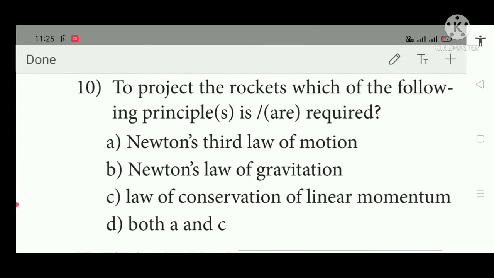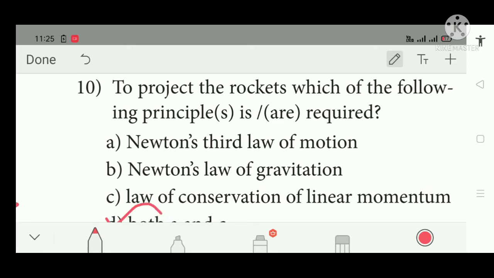Next, to project the rocket, which of the following principles is required? Newton's third law of motion, Newton's law of gravitation, law of conservation of linear momentum, or both A and C. The correct answer is both A and C,